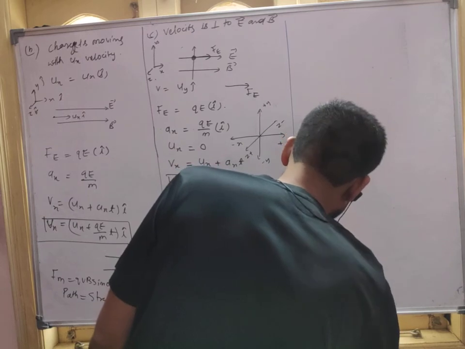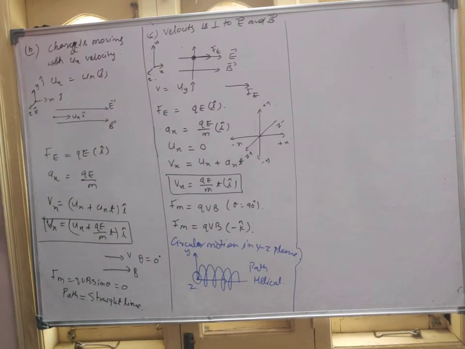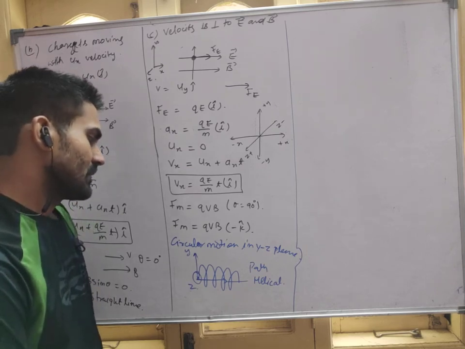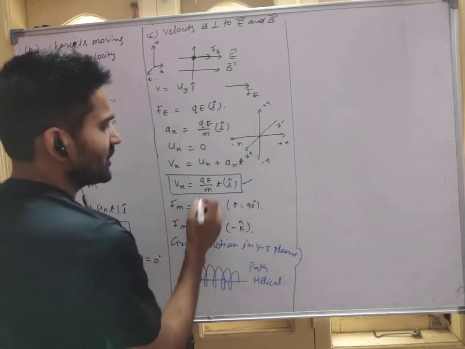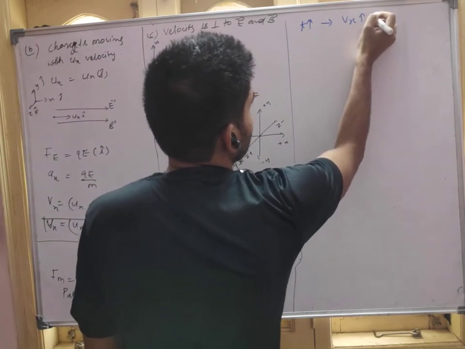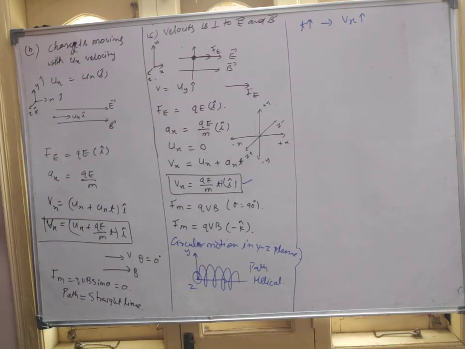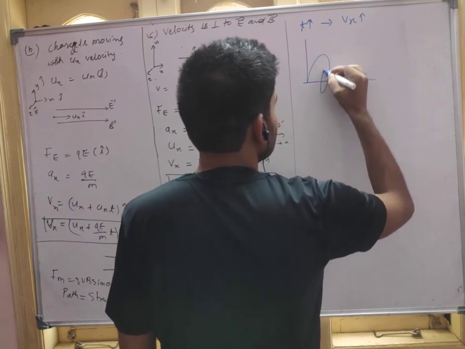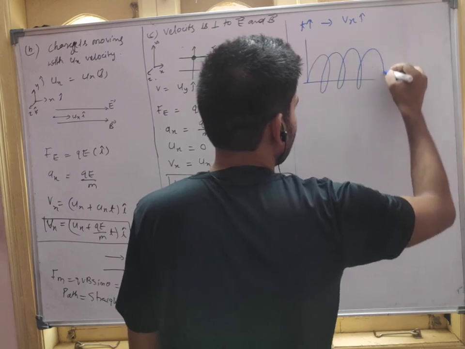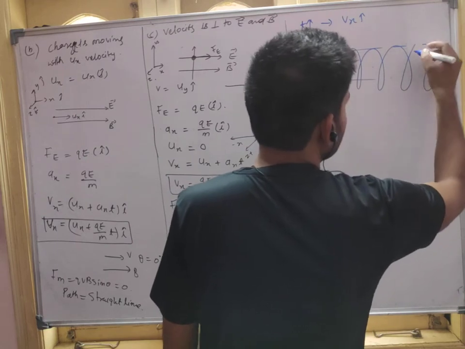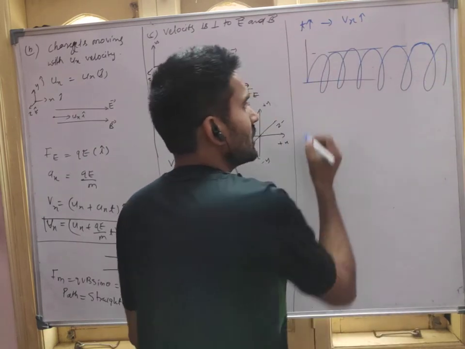Can you tell me here how the path will actually be? We know that it will be the helical path, but actually the helical path will not be like this. Can you tell me why? See guys, this velocity is increasing with time. As the time increases, the velocity increases. Yes or no? So don't you feel the path will be like this? So here the radius will be constant like this. The radius will not change, but the pitch will be changing.